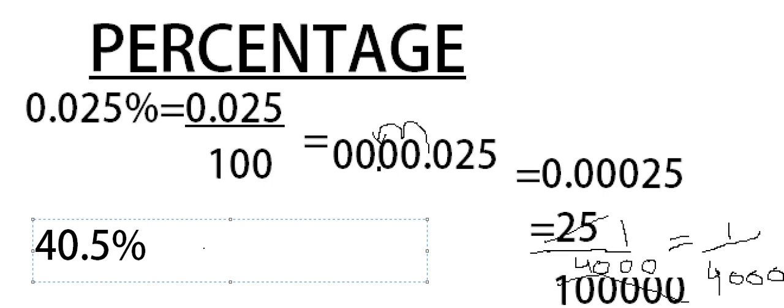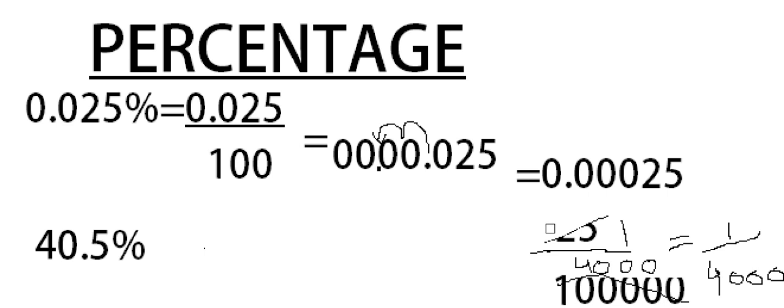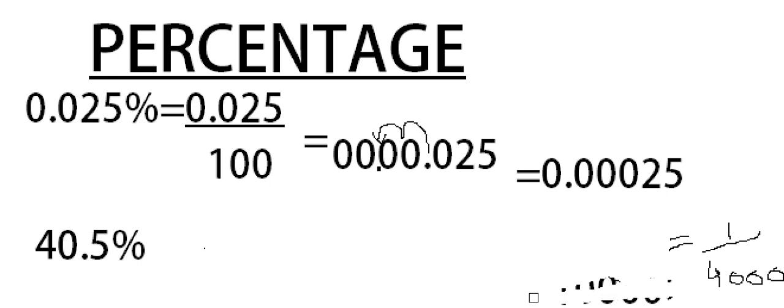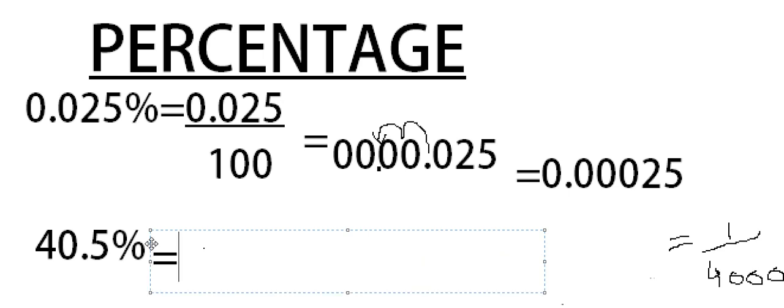I'll follow the same principle that I have been telling you several times. The main principle should be to remove the percentage sign, and removal of the percentage sign can only be done by dividing the entire number given by 100. So my first step will be to divide this number given by 100. So I'll put an equal to sign, write the number, whatever number is given. Number given is 40.5. So I'll write 40.5, and for the percentage I will write divided by 100. The whole thing divided by 100.